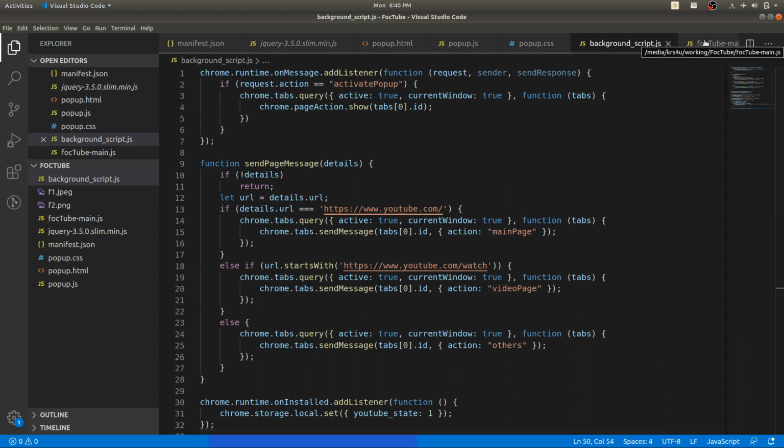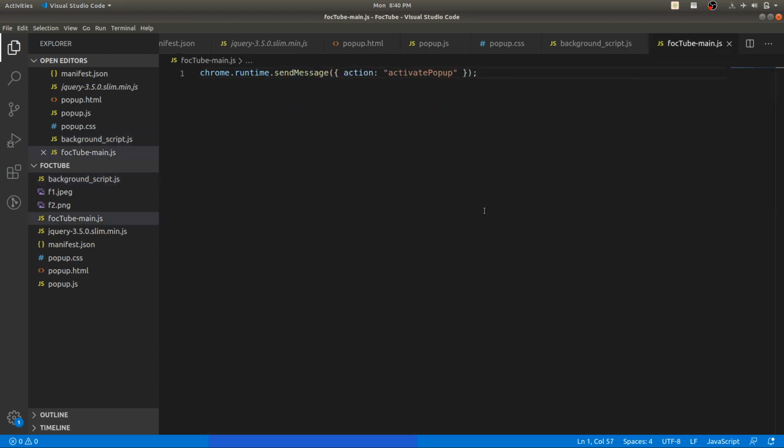Now let's go to our content script, which is folktube main.js. Now we are on the content script folktube main.js. Let's add all the listeners to messages sent by the background scripts.